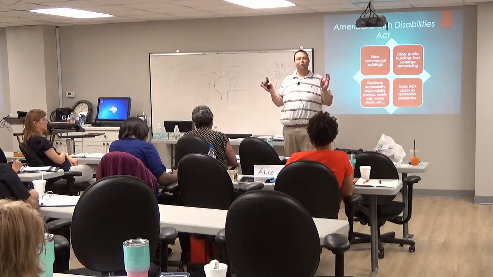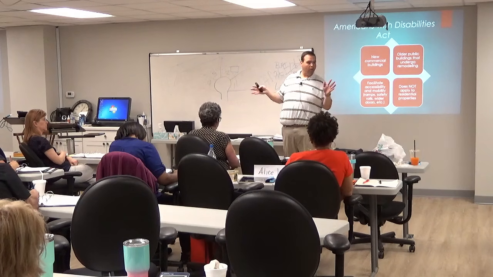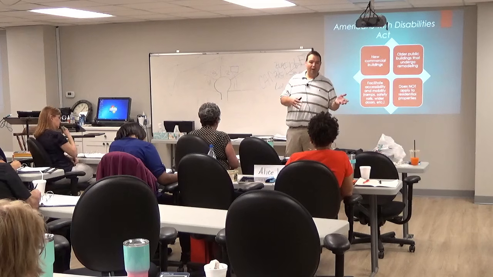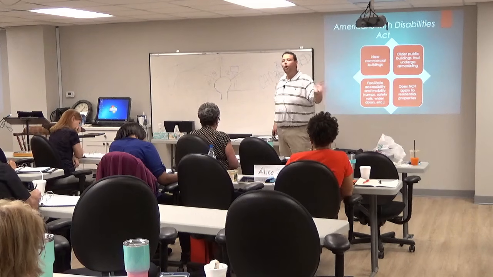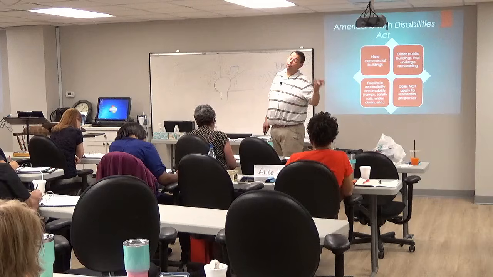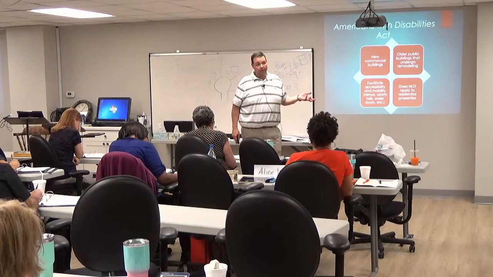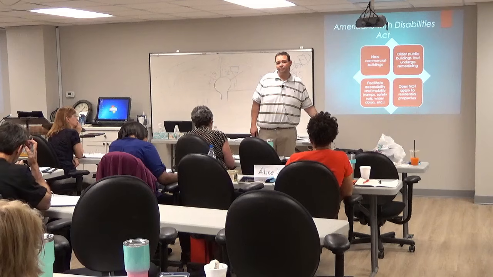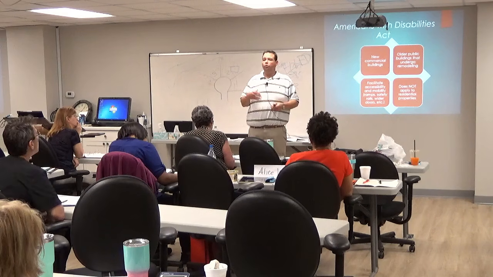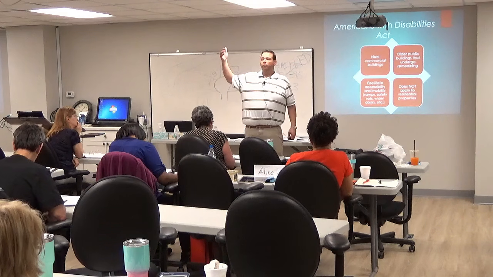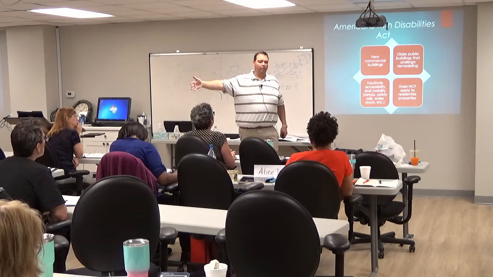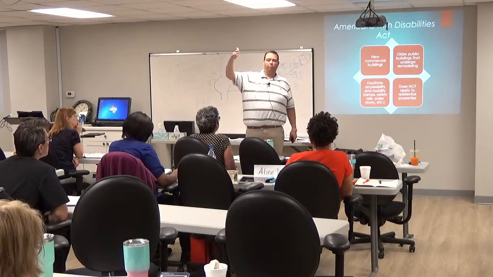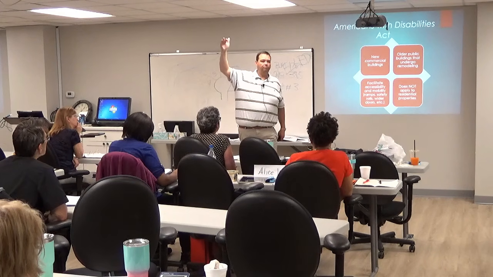The ADA allows you to get in compliance with either or. They don't specify which it has to be. They just say you have to provide equal access, whether it's through accommodation or modification. So if you're operating an apartment complex and someone comes in who's in a wheelchair and you have first floor units available and you have second floor units available, and it's a 3-level apartment building.